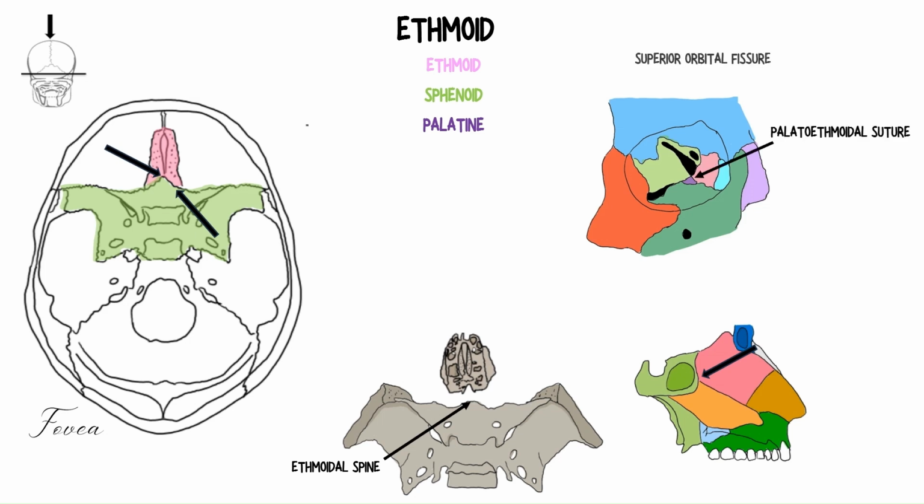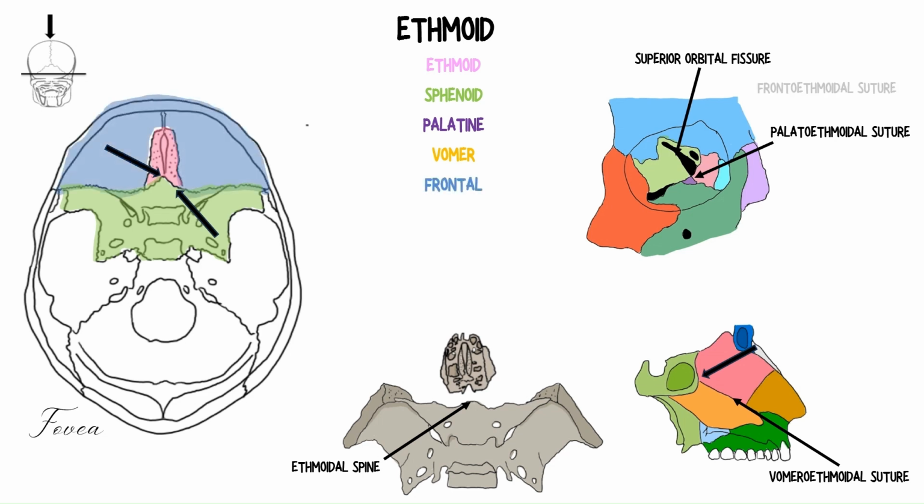structure near the superior orbital fissure; with the vomer via the vomeroethmoidal suture between the groove of the vomer and the perpendicular part of the ethmoid bone, a union that forms a large part of the nasal septum; with the frontal via the frontoethmoidal suture between the ethmoidal notch of the frontal and the upper part of the lateral masses of the ethmoid. The two bones also join at the level of the orbit and between the nasal spine of